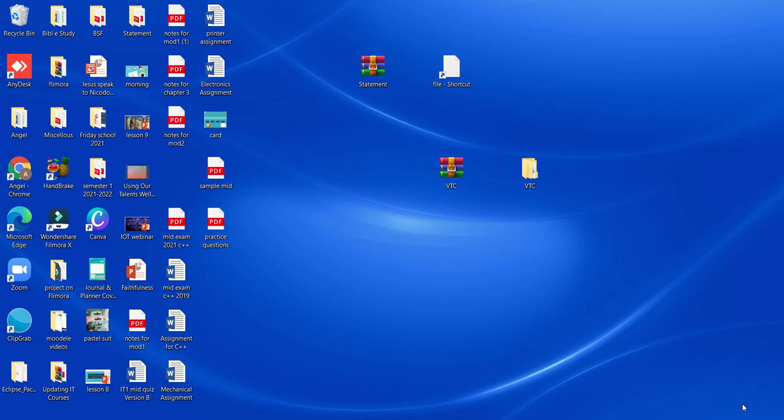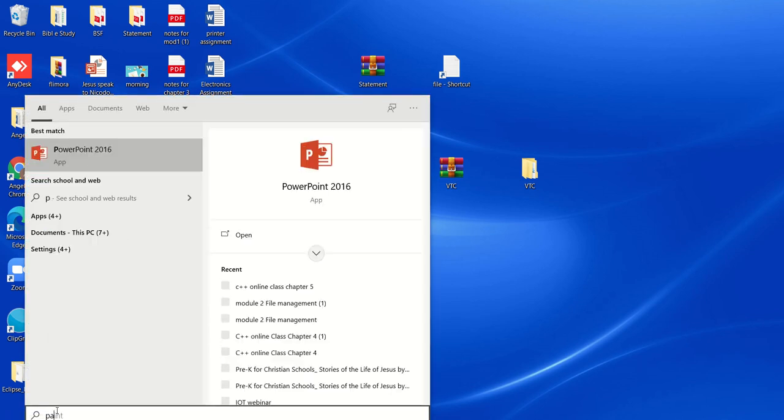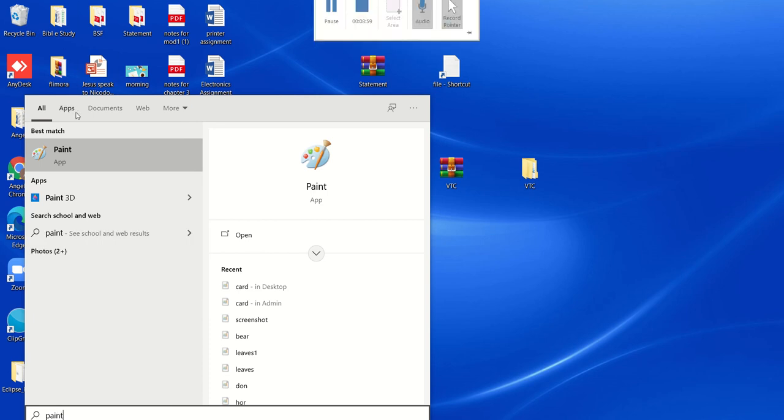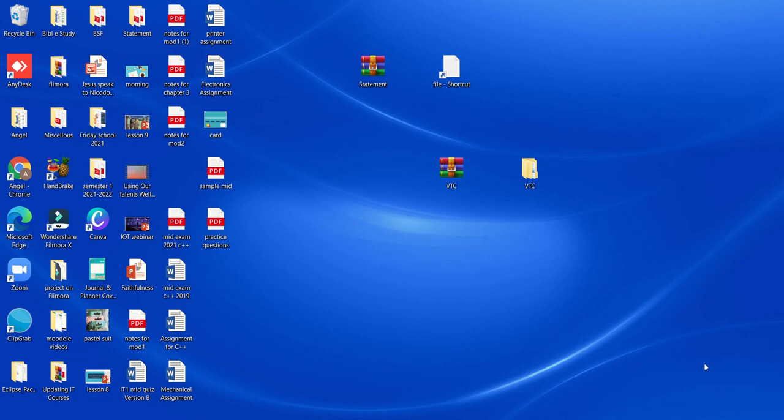When you want to take screenshot, press print screen button on your keyboard. Print screen. Okay, then go to Paint. You know how to choose Paint, right? Open Paint in your computer. Paint is open. Now you can paste it. Control plus V. Okay, so you can paste it. You will get your thing.